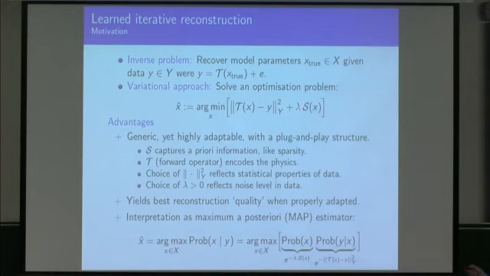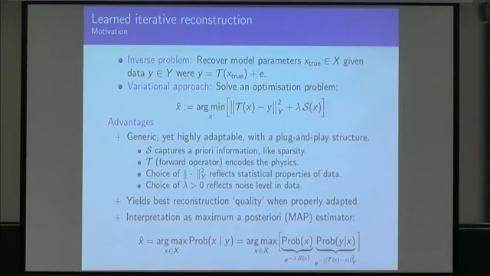So if you have very noisy data, you put a high lambda there, because you don't trust your data fully. If you have really nice data, you put a small lambda there because you trust your data more. But roughly, when you select these in an appropriate manner, you are considered to get really state-of-the-art results. And there's also this nice maximum a posteriori estimator interpretation. Now, of course, in the infinite dimensional setting, this interpretation is a bit more shaky. It's a bit more technical to make it in a proper sense, but I'm waving my hands a bit to say that it's doable also in that setting.